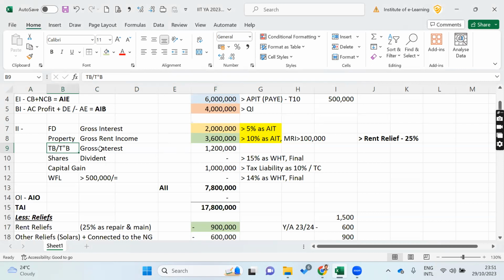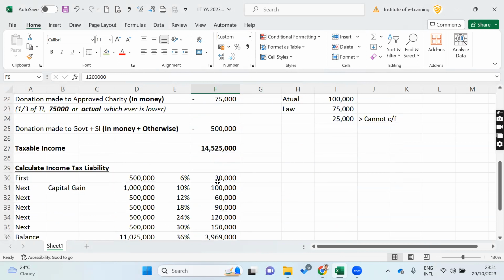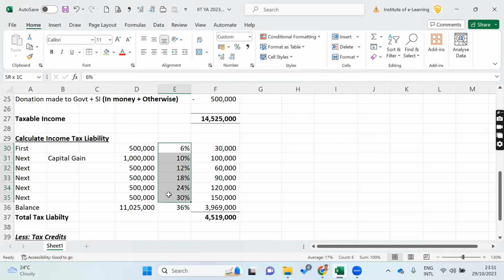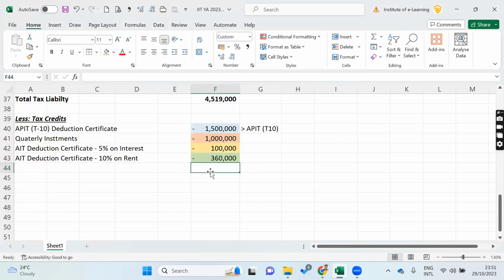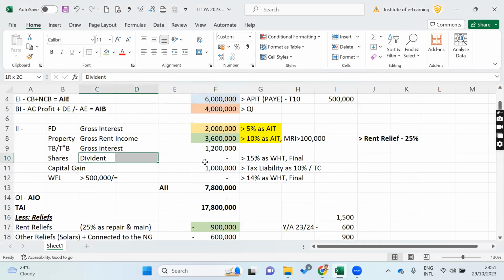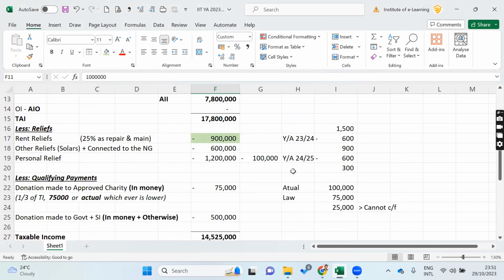Gross interest on treasury bill and treasury bond. Here you will not get any tax credit because treasury bill and treasury bonds interest are not subject to withholding tax or advance income tax. ඒක treasury bill interest එක with advance income tax වෙන්නේ නැහැ. ඉතින් gross එක tax වෙනවා. So then there won't be any tax credit on treasury bill interest. Dividend, there won't be any tax credit because we are not taking the amount here now. Then if it is 50% deducted, it's fine. Then capital gain, we have tax credit, 10% already paid at that particular time.